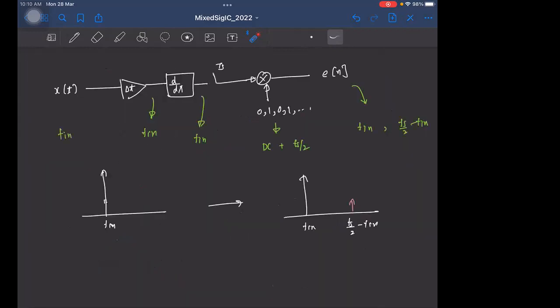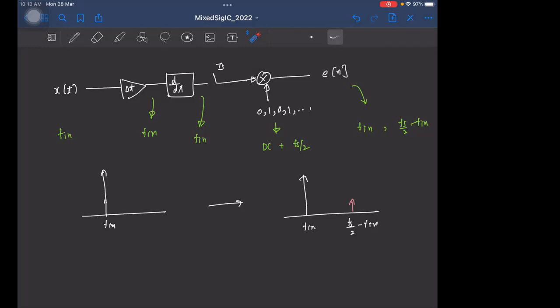Yeah. But what I'm saying is, in order to eliminate this error, we are using a sample and hold circuit. That itself has some quantization errors associated with it. No, why do you think sample and hold has a quantization error? Because for a given range of analog signal, we are streaming into a certain